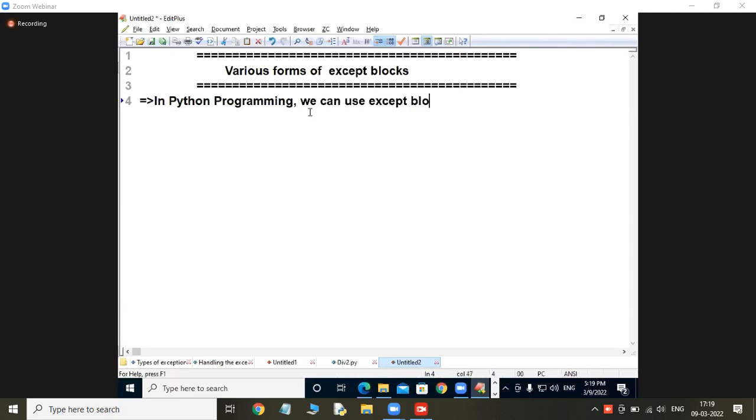The except block in various forms. One by one, I am going to explain. Look at that. First one, form number one. What is form number one? Single except block.